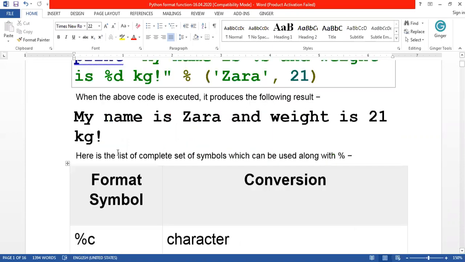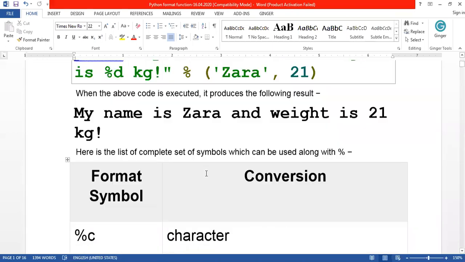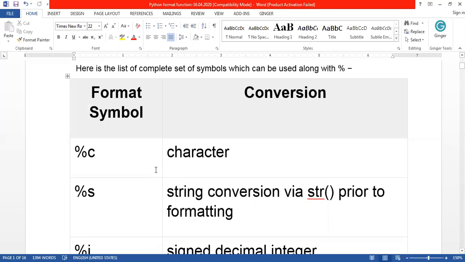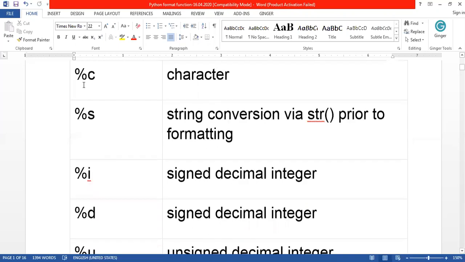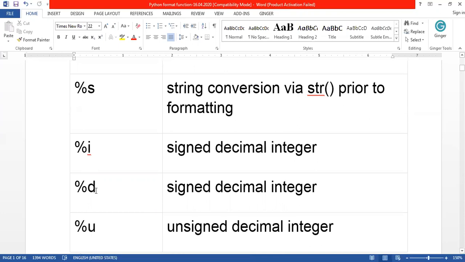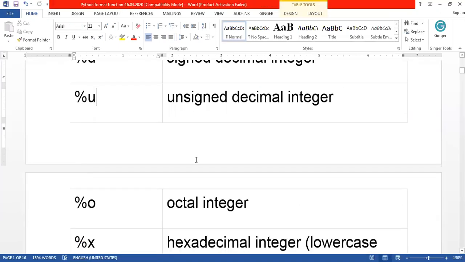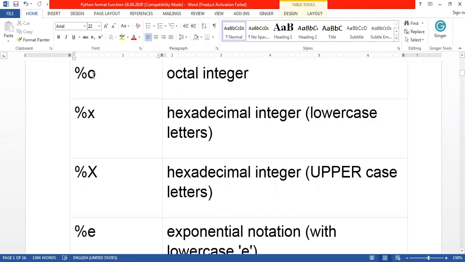There are so many format symbols that are available. In this example, we are using %s and %d. In addition, there is %c, which refers to a character. And you all know that %s is for string, and %i, %d, and %u all represent the integer. %o refers to octal integer, and %x, small x and capital X, refers to the hexadecimal integer.